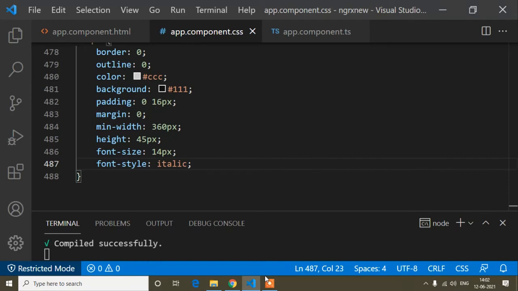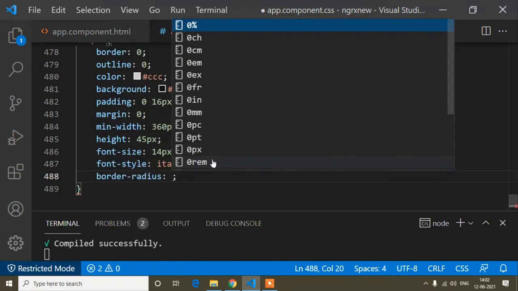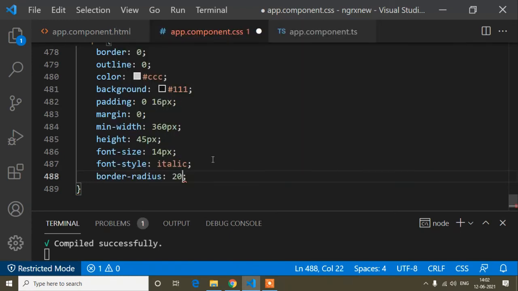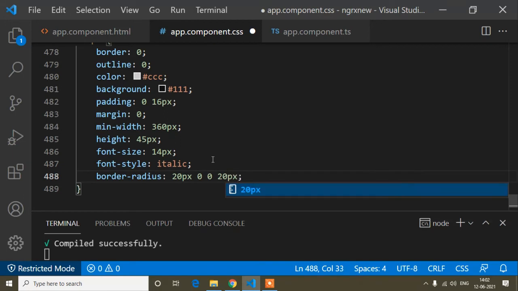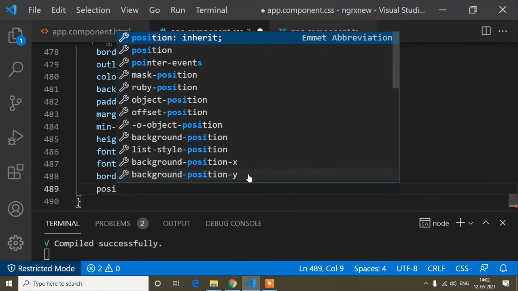Now I will add the other part of this design, that is border radius. This is the main CSS property for this input field in this design: 20 pixel in top left, then top right 0, bottom right 0, and the bottom left is also 20 pixel. And I will also explain the position relative that I am writing here.